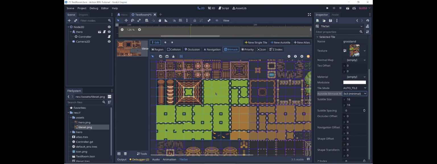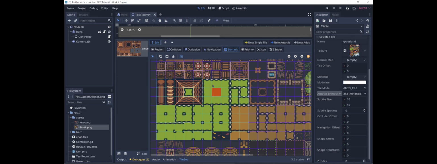And the way the bit mask works is for each tile, you can fill in up to 9 of these spaces. The center space represents the tile, and the 8 other spaces around it represent the neighboring tiles. So, for example, for this central tile, if we fill in all 8 of those dots around, it means that the center tile is only placed if there is another auto tile of the same type on each of the